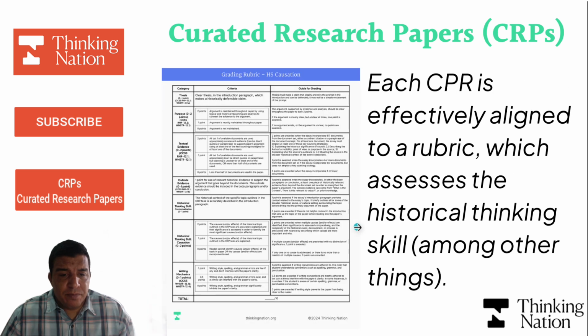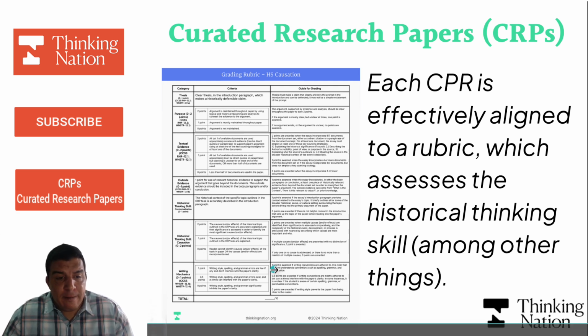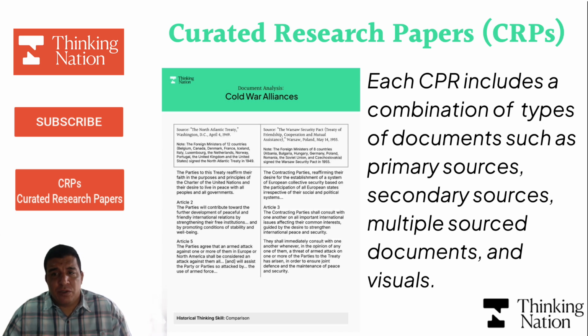And finally, all our CRPs are effectively aligned to a rubric that's included. And the rubric is what's used to assess the historical thinking skill, among other things. And it also shows the writing mechanics, things like the use of textual evidence, the purpose, argumentation, and other skills like that. Now, each CRP also includes a combination of documents. Some are visual documents, some are primary source documents, secondary source, and the students are able to go through these documents